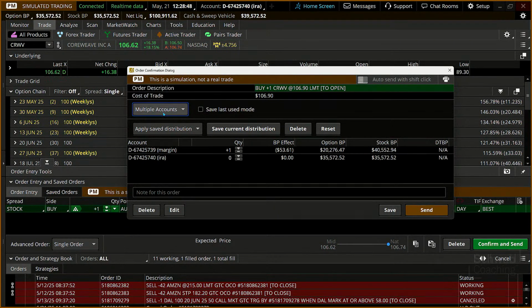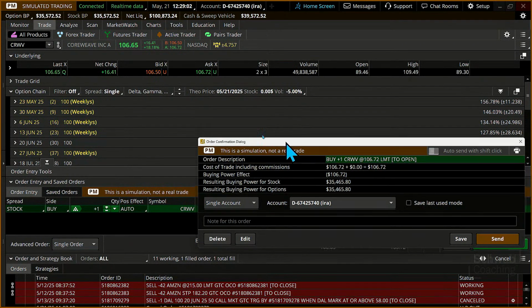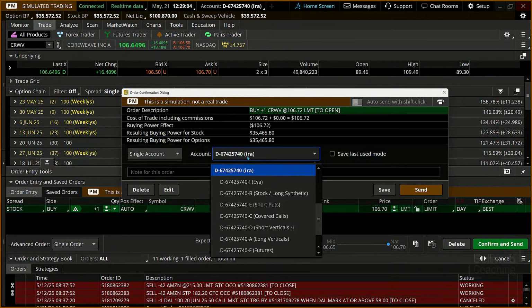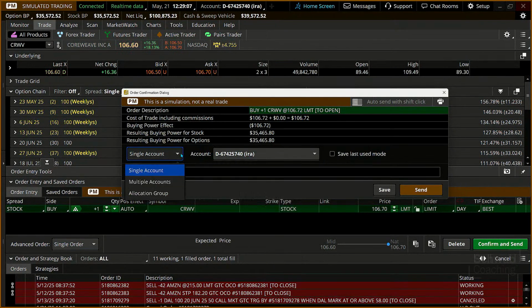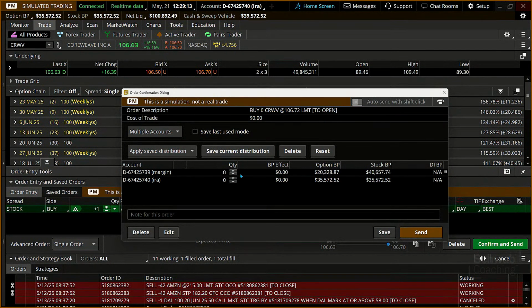So what you're now going to see is we're just going to say, look, we're going to buy 1 share in the margin account, okay? And actually, let's go margin account. And let me edit that for just a sec. Now, when I do that, also notice we can select, and actually I want to do this in the IRA, okay, because that's where we put Eva.